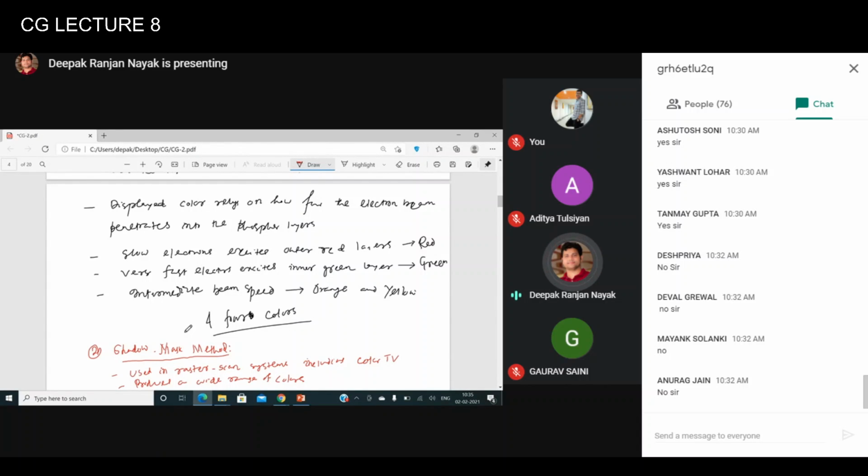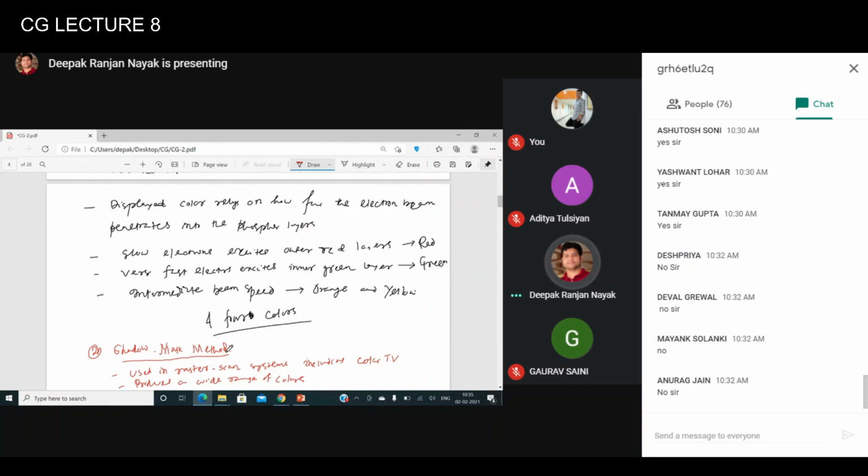Remember here 2-3 points: a shadow mask CRT has 3 phosphor color dots at each pixel position on the screen, and each phosphor dot emits a different color, basically 3 different colors. What are those?